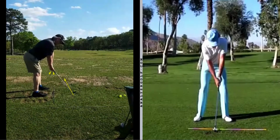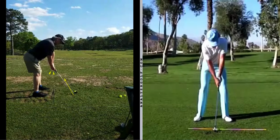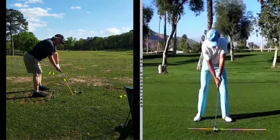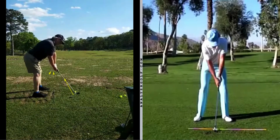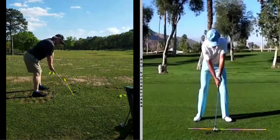And so your arms are already sort of detaching from your body here. And that's going to cause some inconsistencies because the arms disengage from the body too much. In this way, it's going to be hard to sequence the arms and the body together. Okay, so a lot of this, I think, is set up because